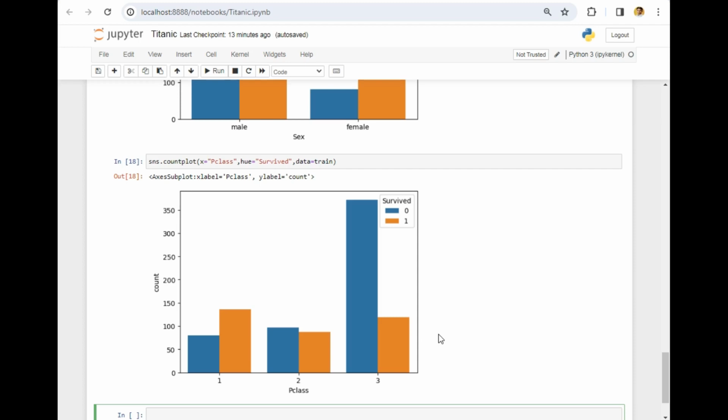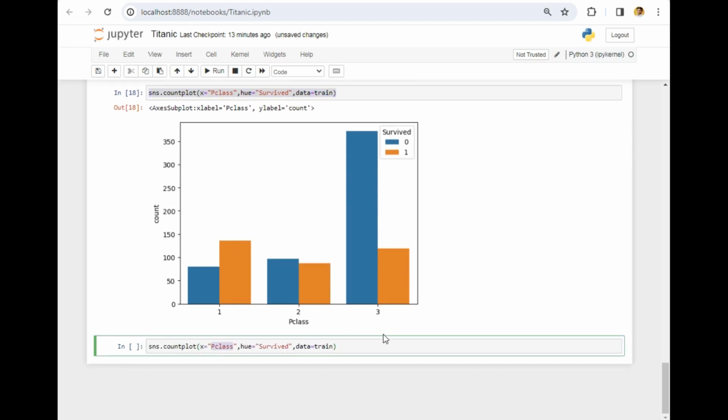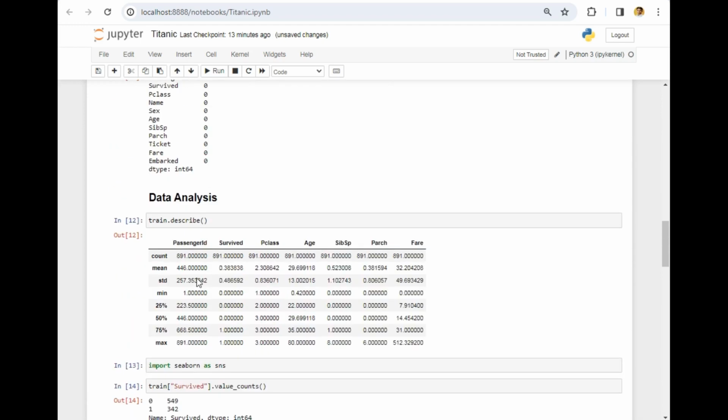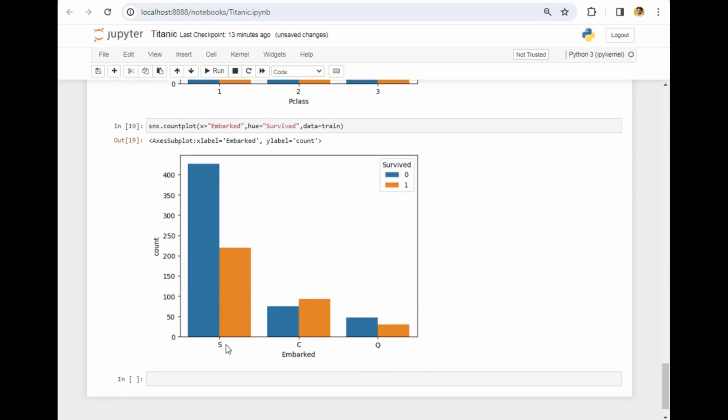After that, let's try something different, which is embarked. Embarked means the pickup point. So I will just try to draw a count plot by pickup point, which is embarked. I hope the spelling is correct. It's correct. So as we saw in the last video, most of the people were picked from S point, then C point was the second point, and the last point was Q, from where very few people were picked. So based on the pickup points, from S point, 420 or 430 people died, 225 people survived,